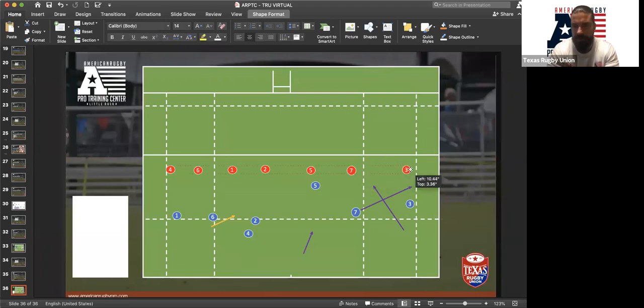So if the 3 stays out wide and they're marking the 7, then we can use this 3 to come through this gap here, and we use a really nice sharp shift, quick ball from the 5, hits them flat, bang, there we go. So that's kind of what an X line looks like.